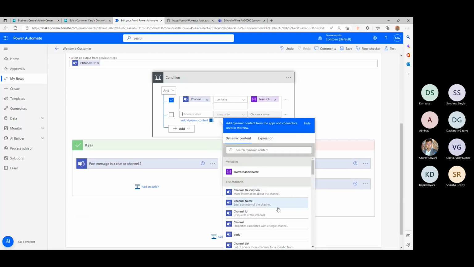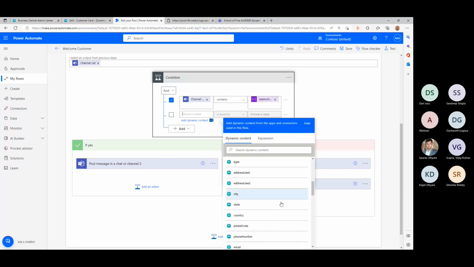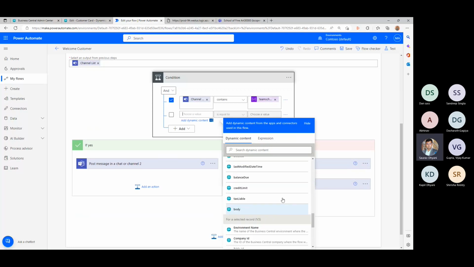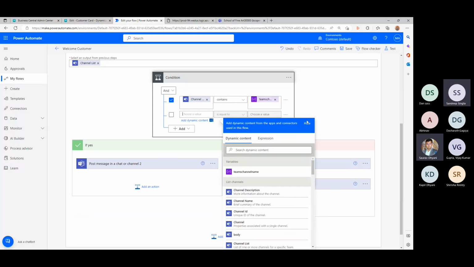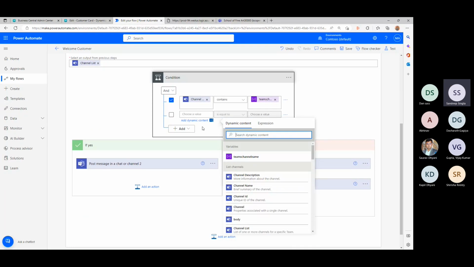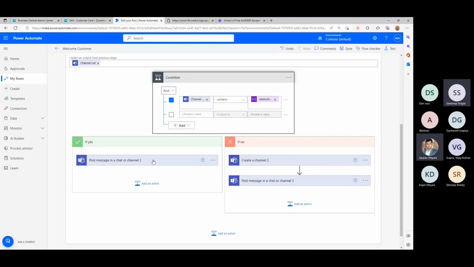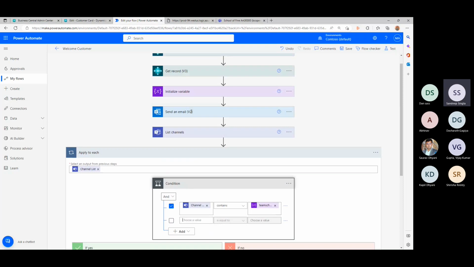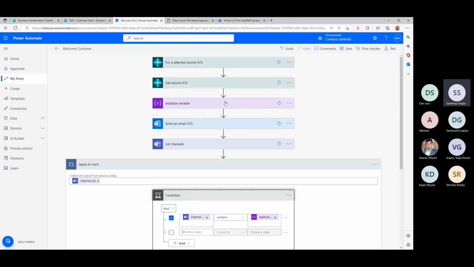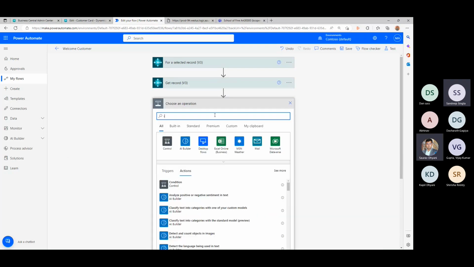Can I create a variable and set it to false? What we'll have to do is, if no, then match the channel name with the channel name, and in that it will go and post a message. Will I not post the message to all?